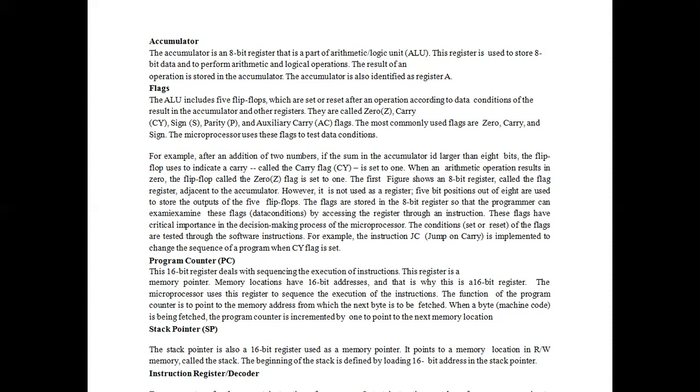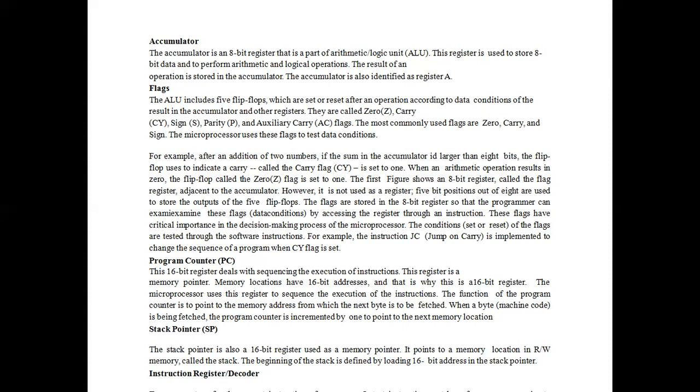The figure shows an 8-bit register called the flag register, which is adjacent to the accumulator. However, it is not used as a register, but as a 5-bit position to store the outputs of the 5 flip-flops. The flags are stored in the 8-bit register so that the programmer can examine these flags by accessing the register through an instruction.